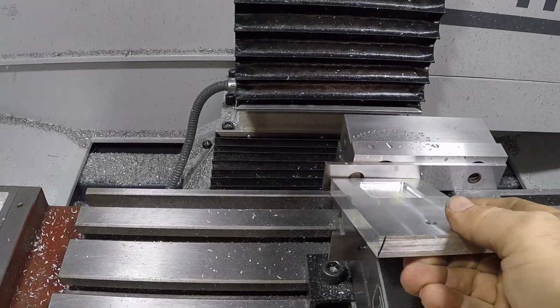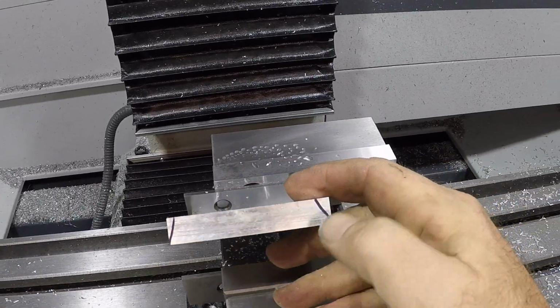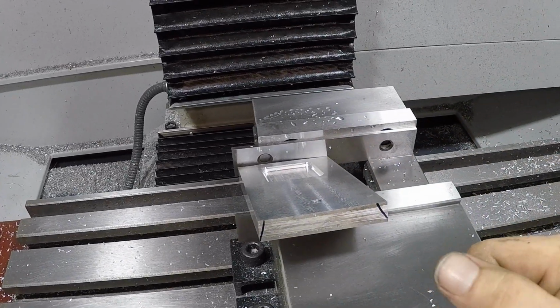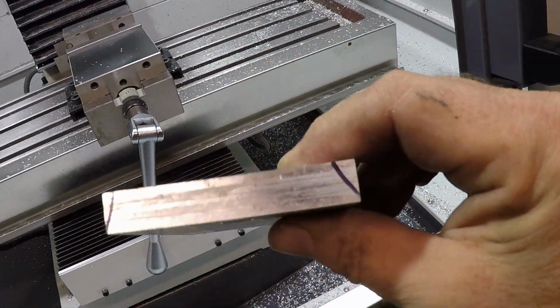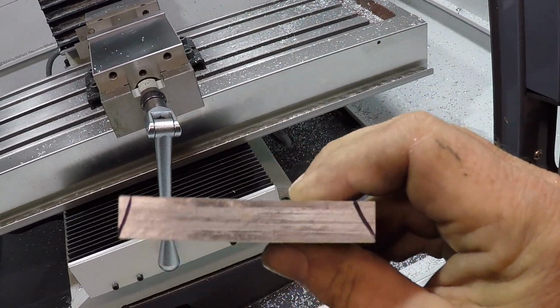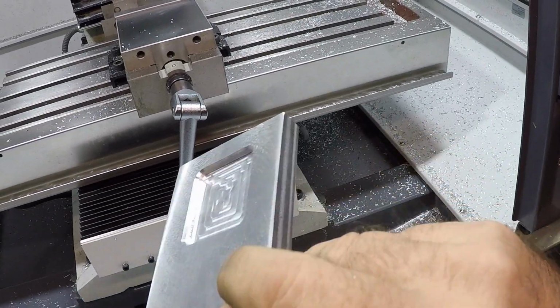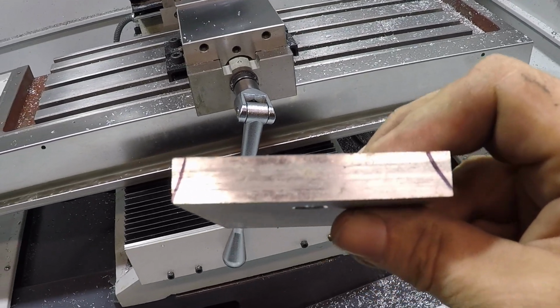So the next and probably most complicated part of this whole thing is cutting these little angles on the edges, the dovetails. It's a dovetail shoe. The traditional way of cutting those would be to use a dovetail cutter, which is an end mill which just kind of has a flare on its end. But I don't have any dovetail cutters. I'm not going to order any because they're kind of expensive. I mean, 30 to 50 bucks. So